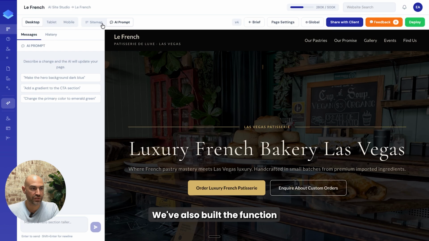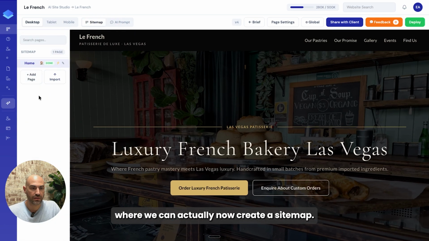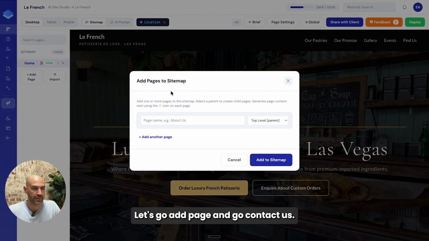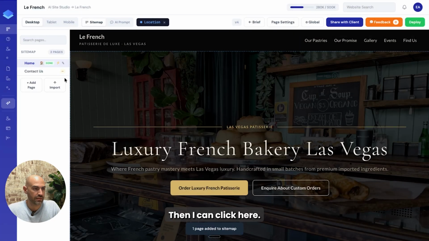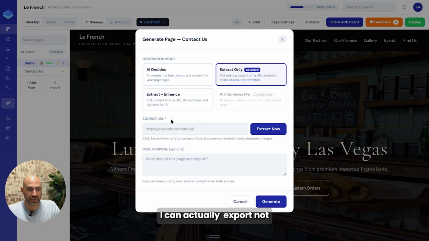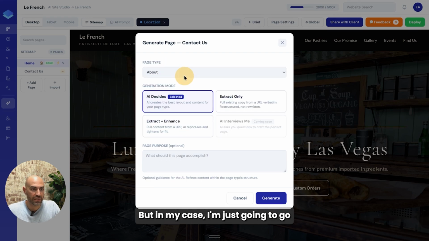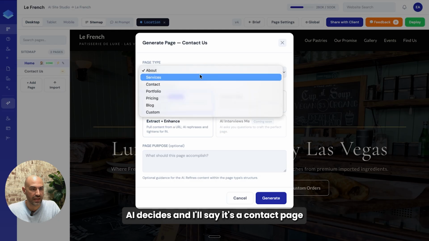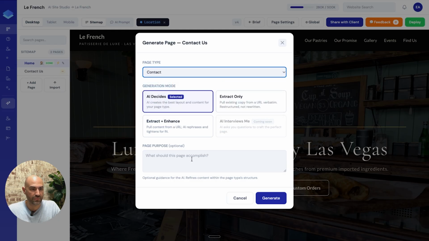We've also built the function where we can actually now create a sitemap. Let's go add page and go contact us. Then I can click here and then I can let AI decide. Or if I've got an existing website, I can explore not only your current website, it could be any random website like Stripe. If you wanted to extract something, you can put any URL, it extracts it, and you can then add additional information about the page. But in my case, I'm just going to go AI decides, and I'll say it's a contact page, and let's